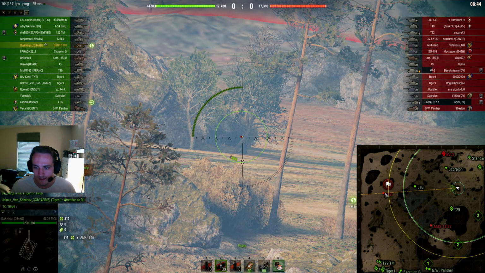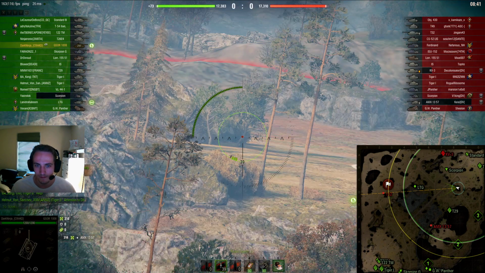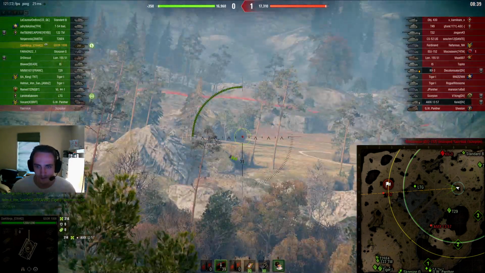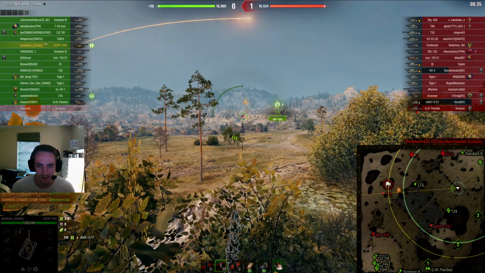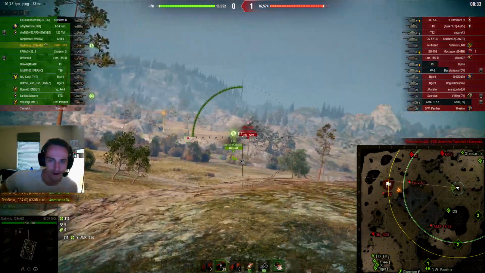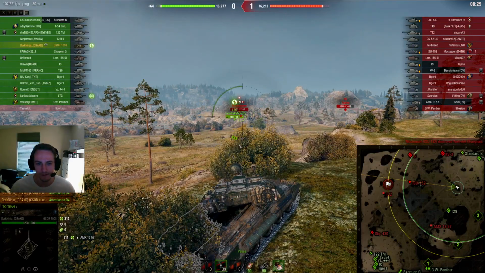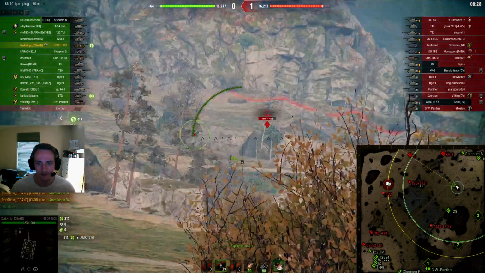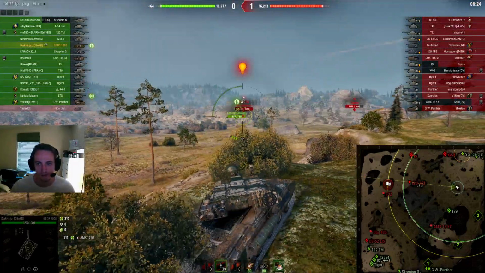Now I noticed that their T-32 got spotted here. He's out of render, but I could potentially blind shot him. But the thing is with the GSOR, it only has 1600 DPM. Its DPM and its reload is very poor. So I don't really want to waste shots, especially since I have 3 out of 4 remaining in my clip. I want to save my shots, so I decided to save my shots,